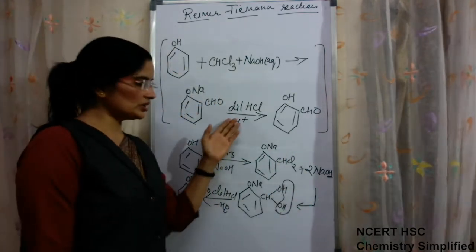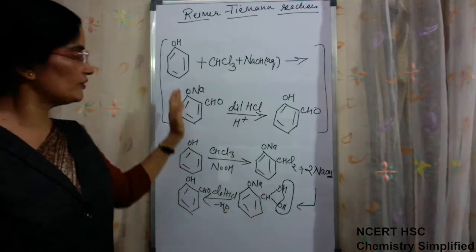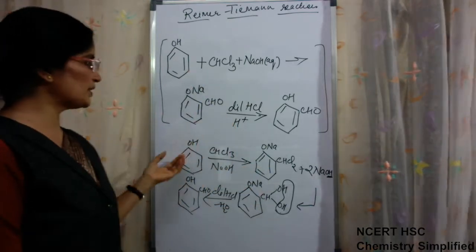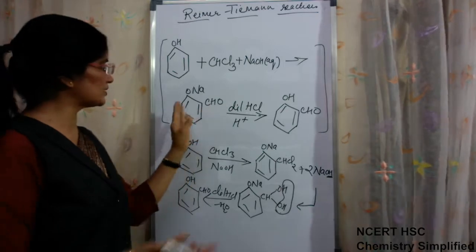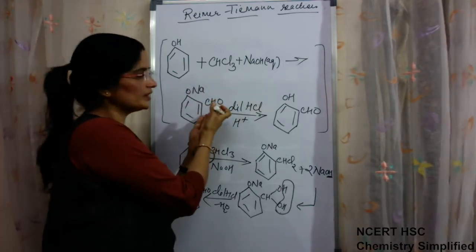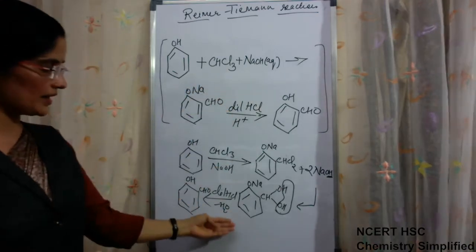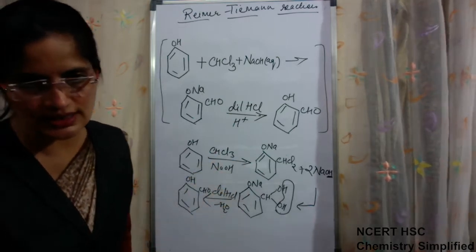In every reaction, the actual path is always different and what we write is also different. But in some reactions, it becomes quite unclear how these two are reacting and we get CHO here. That is why in some cases we need to know how the reaction is taking place.